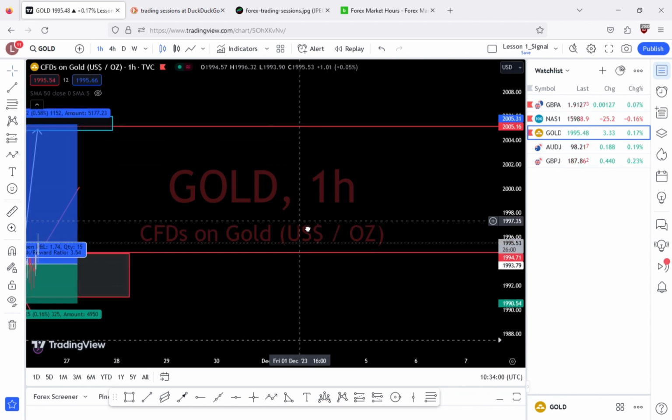For example, I said that during the New York session gold is liquid, or if I haven't said that, I'm saying it now, so you know that. So gold is more active during the New York session. Gold and USD are both active, so that's something to avoid. What you can do is trade something like, let me see, GBP CAD. Yeah, you can trade GBP CAD in the sessions where one of the pairs is active.